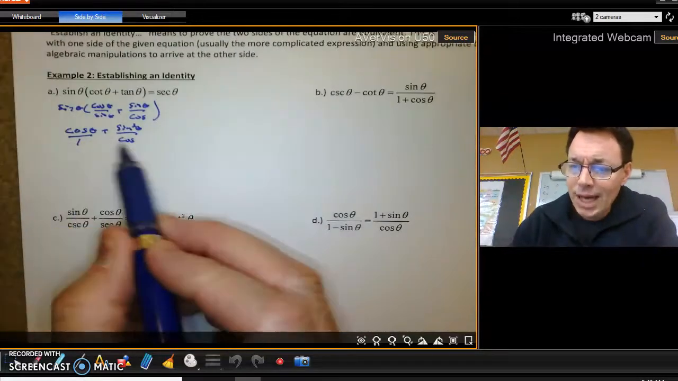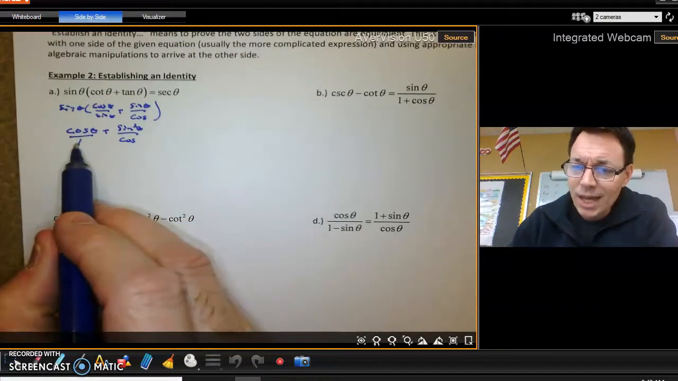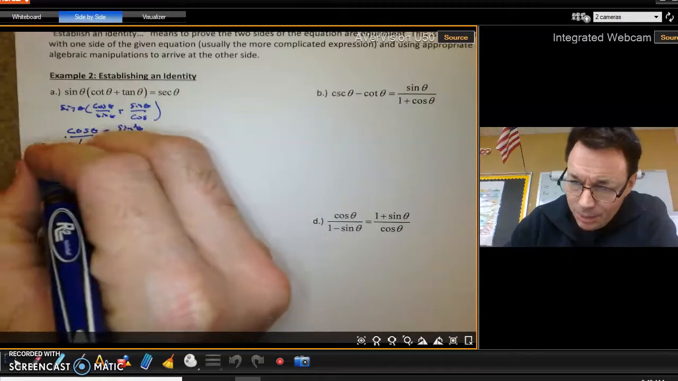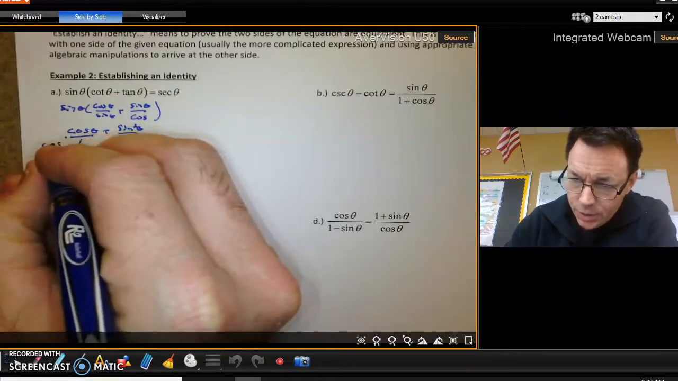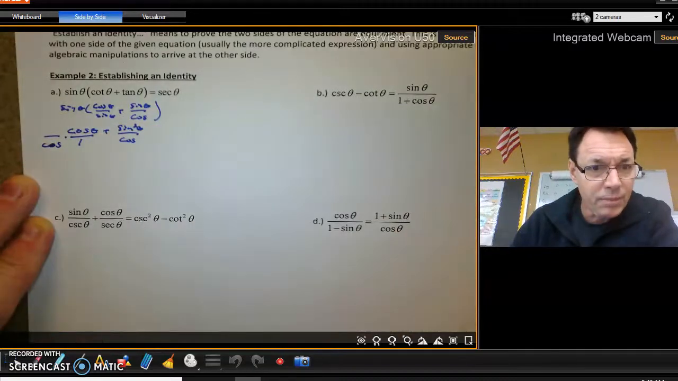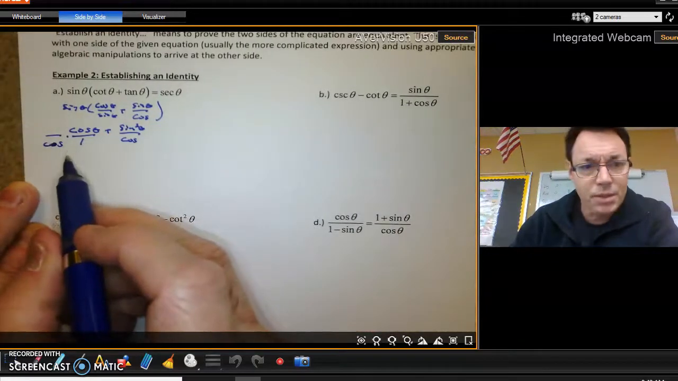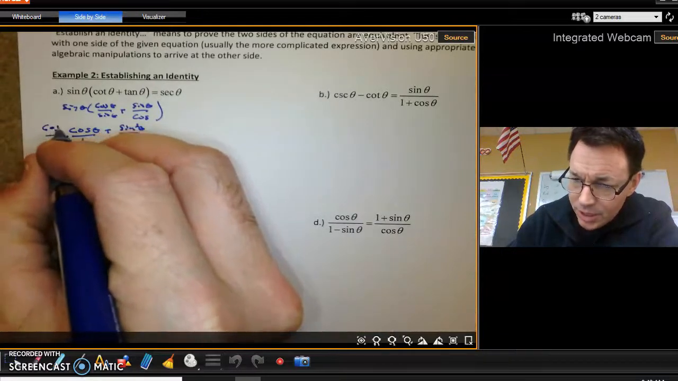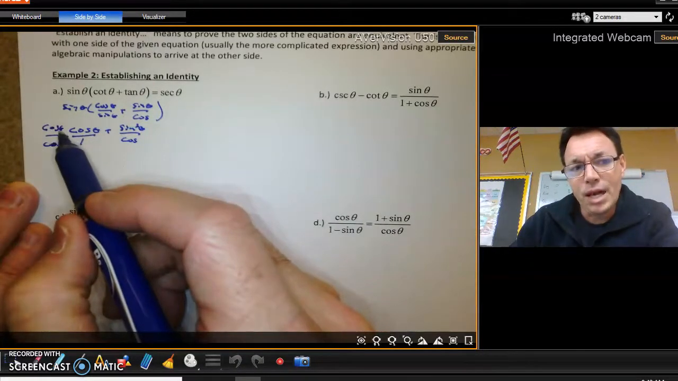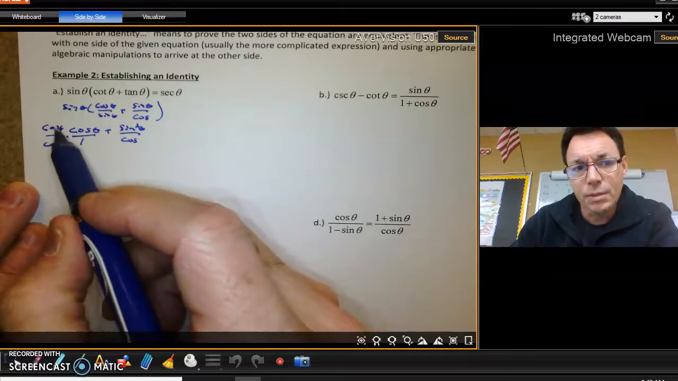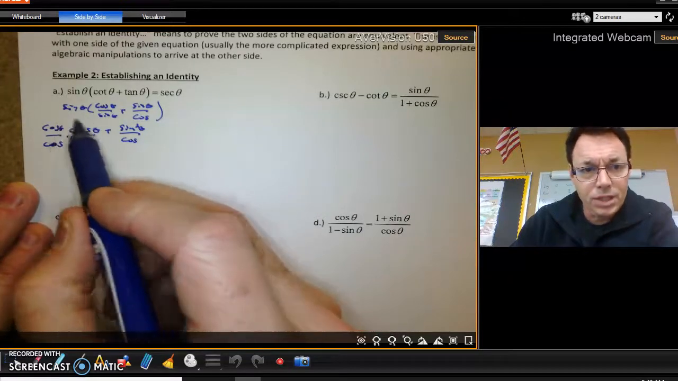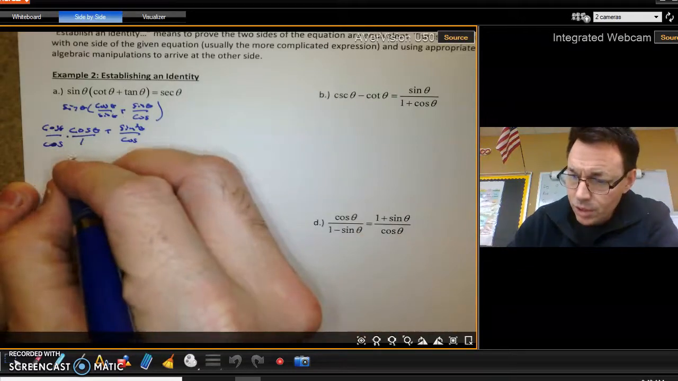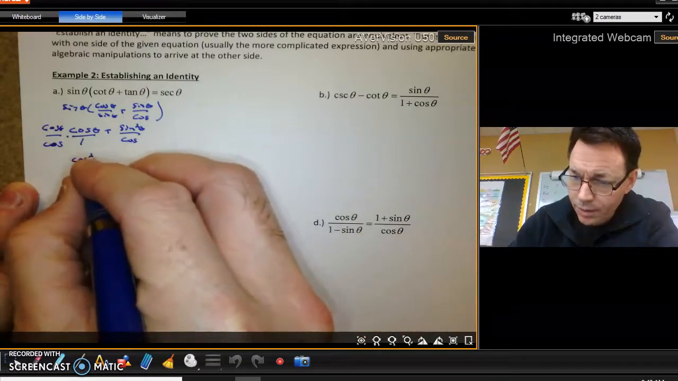So I would need a common denominator, which means I need a cosine here. But if I multiply this bottom by cosine, I'm sorry if my pen's sloppy. I was trying to make sure you could see things, but it's kind of bleeding a little bit. Then I would have to multiply the top by cosine. Okay, so you've got to be fair. Now that's going to give me a cosine squared right here. So this will be cosine squared